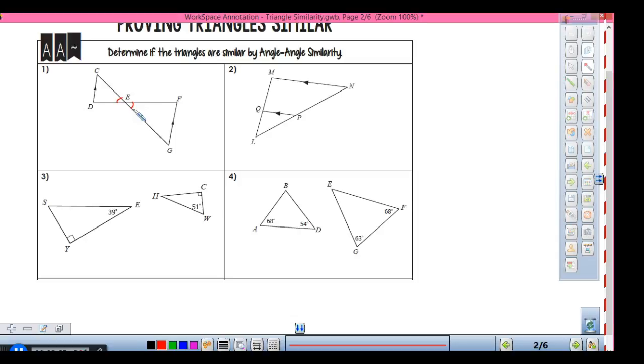I have parallel lines, okay. So you're telling me that what? Alternate interior. So this guy would be congruent to C, right? Alright, so we would say angle, angle similarity. And then triangle, what do you want to call the little one? Triangle CD is similar to triangle, what goes with C? G, F,